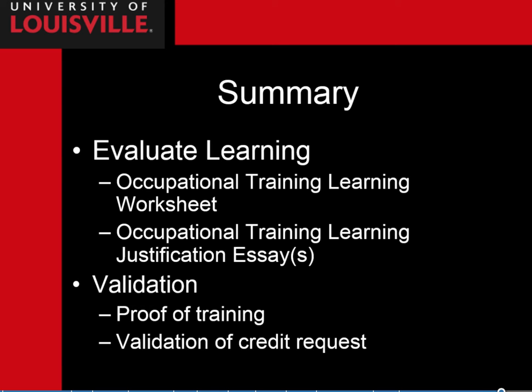At this point, you should be fairly familiar with occupational training learning credit and the types of documentation needed for its request. Occupational training learning credit comes from courses taken at accredited institutions but not accepted for transfer credit by U of L, courses taken at unaccredited institutions, or courses taken through your employer. Your request must be supported by proof of your training and a validation of the amount of credit requested. You'll list the sources of your request on the Occupational Training Learning worksheet and complete a justification essay for each